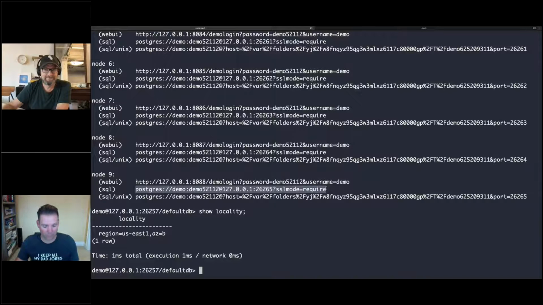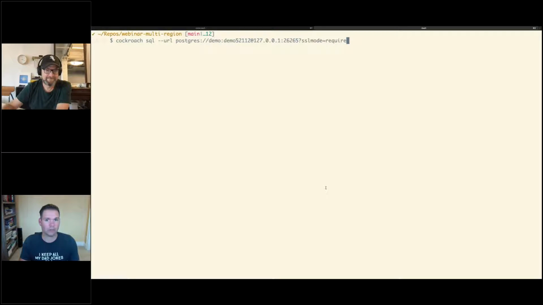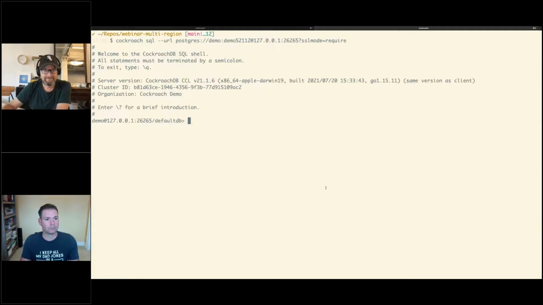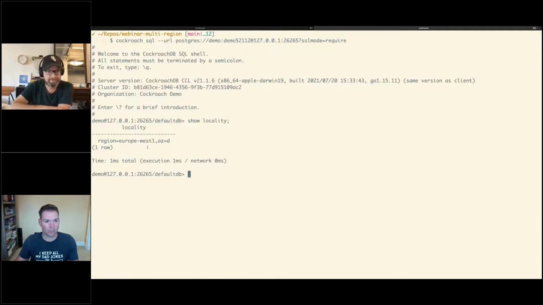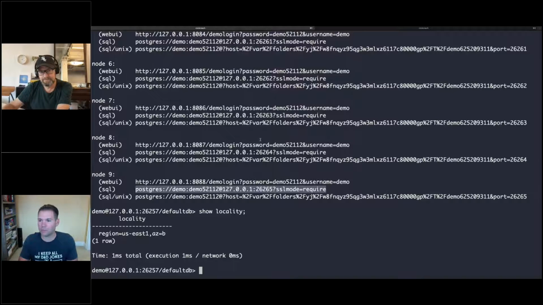So let's do that. I'll take this SQL command, go into this other shell, and there you go. It's going to simulate that I'm in Europe West. So I'll use this beige screen here to simulate I'm in Europe, and the black screen to pretend I'm in the Death Star of America.